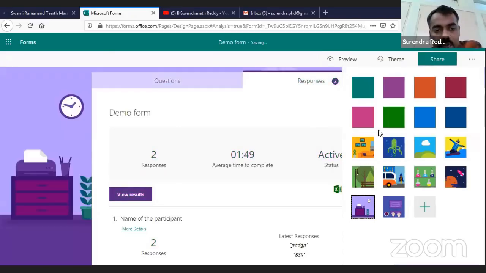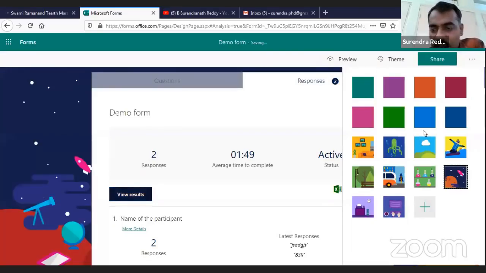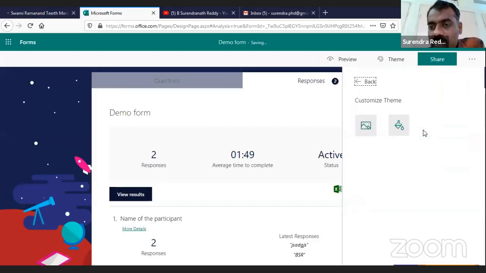In this way you can add whatever you want, and it is reflected not only in these questions, it also reflects in the other parts of the form. Or if you are still not satisfied with the themes they have given, you can always customize your theme by uploading an image or coloring it differently.